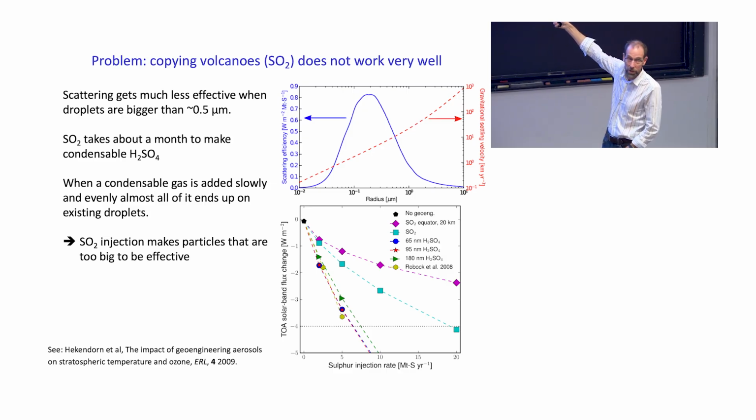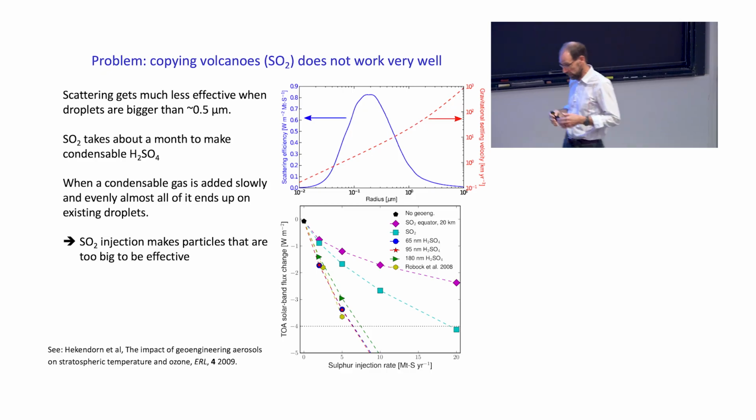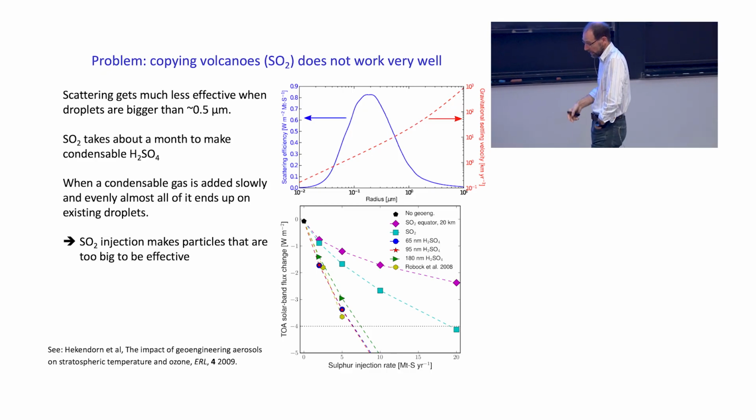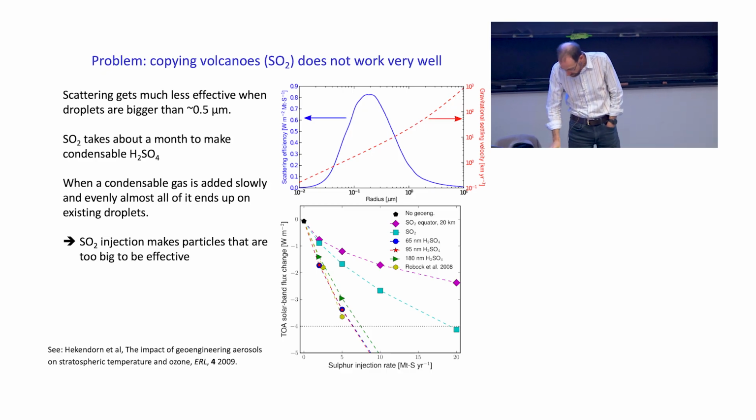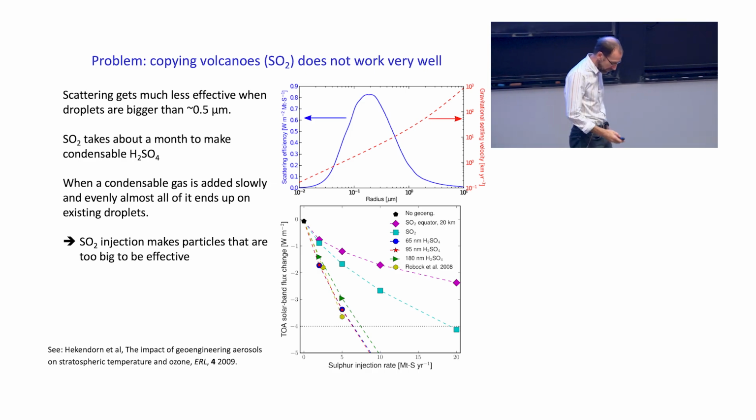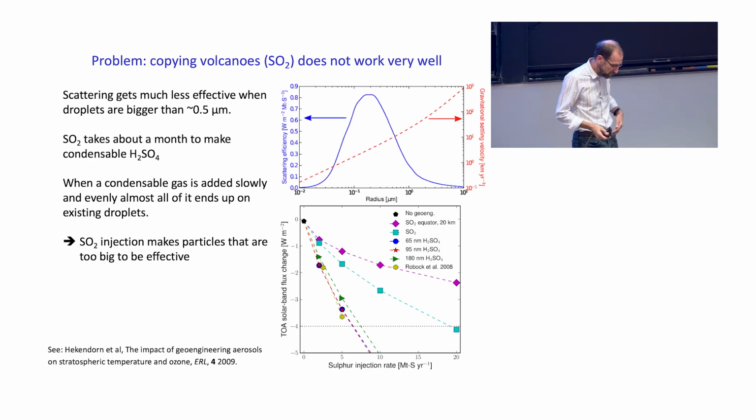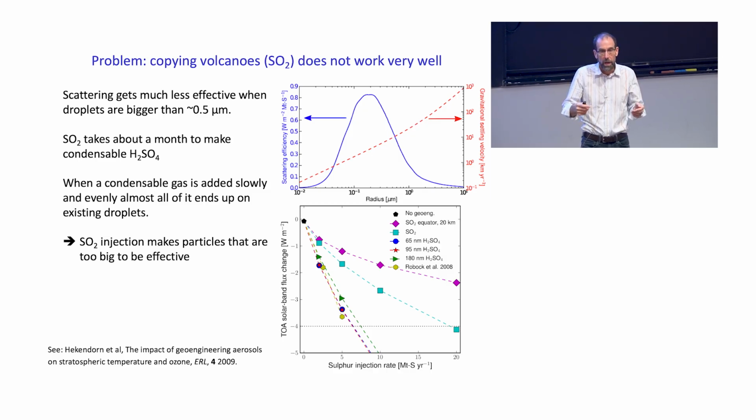So by the time a particle is as big as 1 micron, it's falling by more like 10 kilometers a year, quite a lot. So the point is you really want to keep these particles smaller, more than the kind of half micron size. That really matters. And if they get too big, they're really quite inefficient. They both fall out fast, and also they're not scattering very effectively. So it turns out if you just keep adding more SO2 to the stratosphere, for reasons